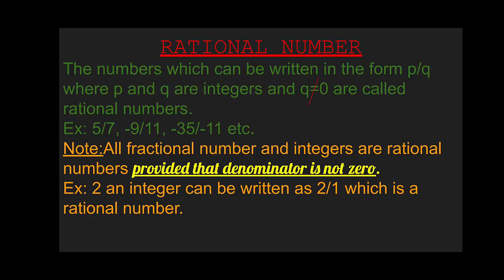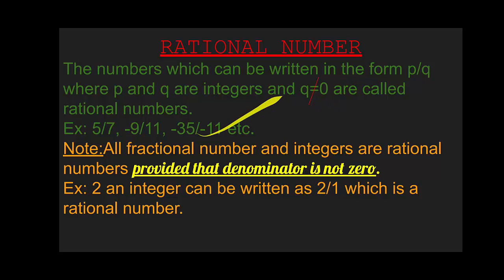Now, what are rational numbers? The numbers which can be written in the form p by q, where p and q are integers and q is not equal to 0, are called rational numbers. Some examples you can see: 5 by 7, minus 9 by 11, minus 35 divided by minus 11. So all these fractions are examples of rational numbers where p and q are integers and q is not